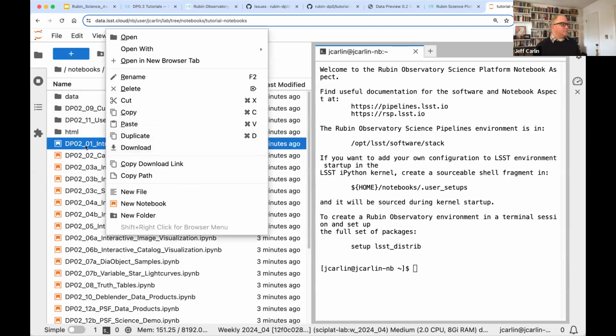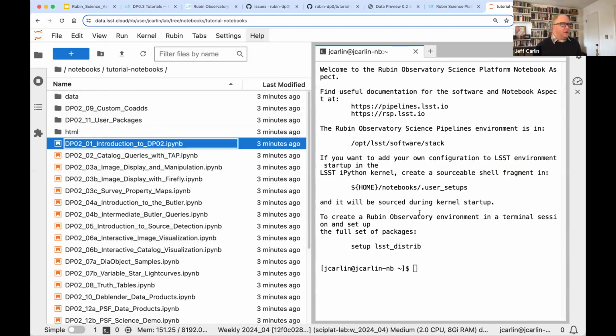I'm going to do it from the command line. I don't want to waste our limited time on showing you how to move files, but let's say we want